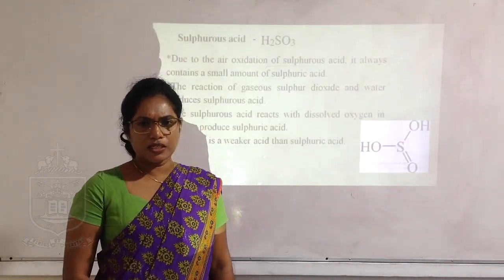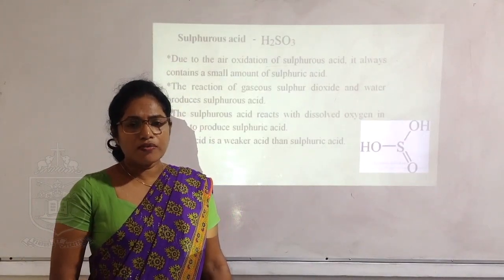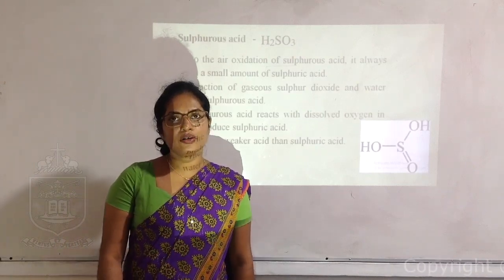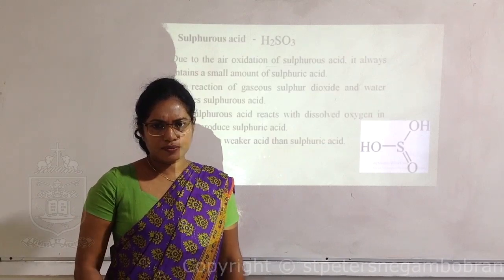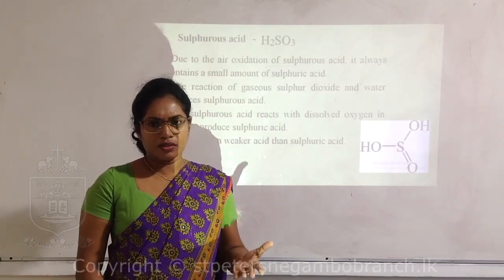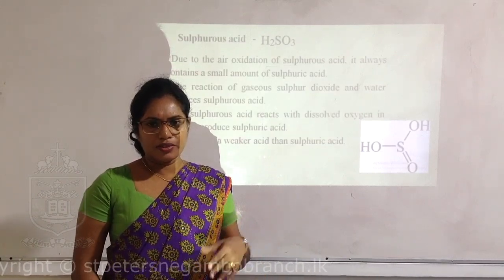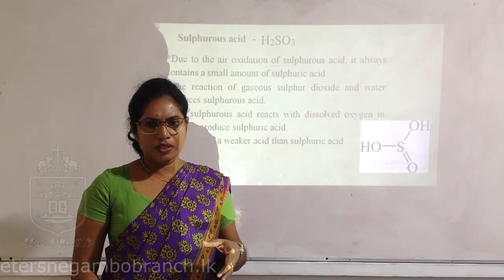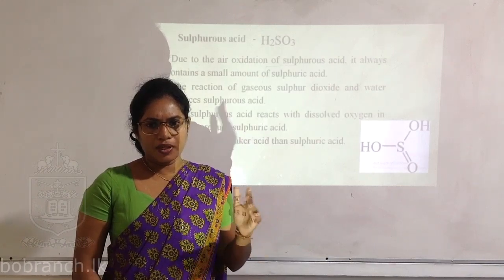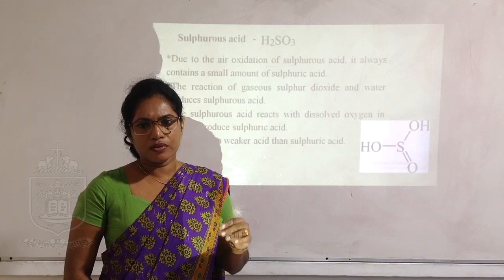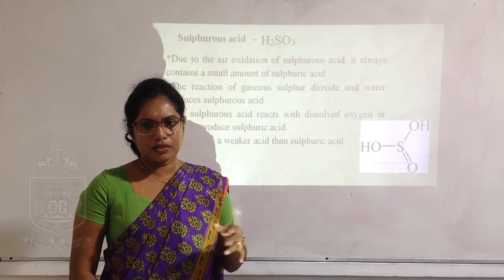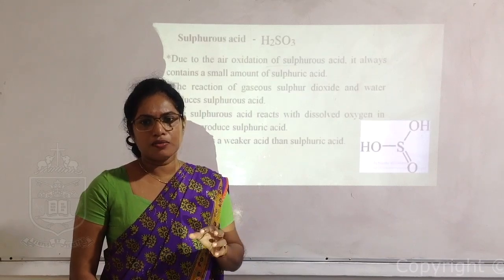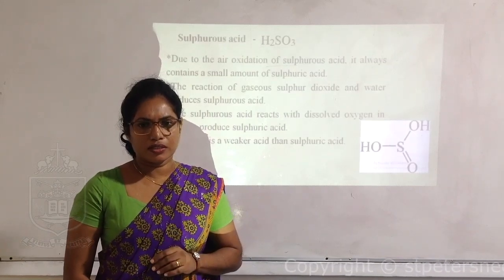Sulfurous acid always contains a small amount of sulfuric acid because there's a special thing happening here due to the air oxidation of that acid. Normally it contains a small amount of sulfuric acid,